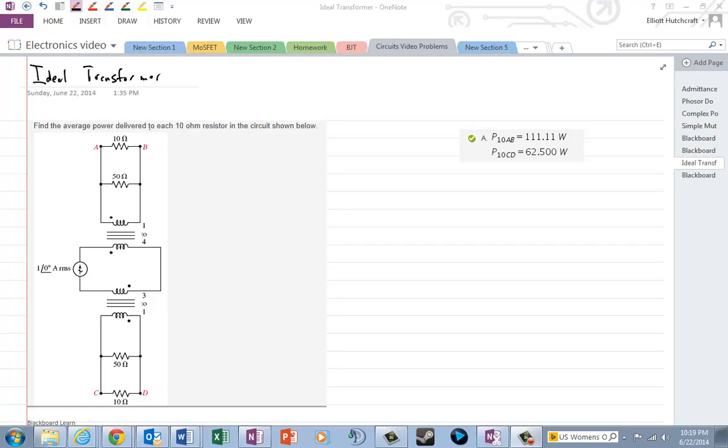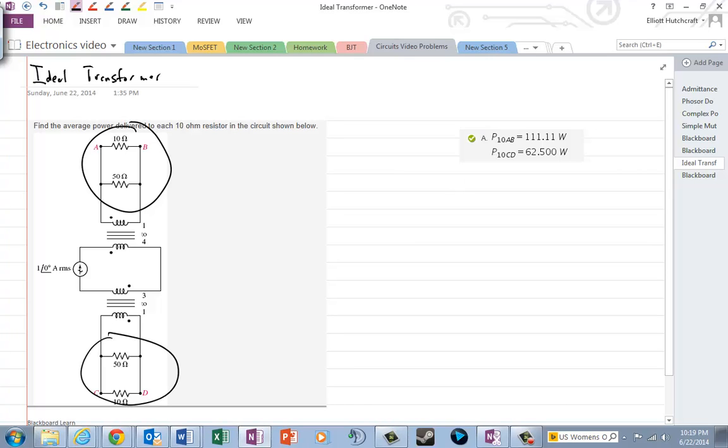Okay, so if we're going to do this, to me this problem is pretty simple at first because I can combine these two resistors in the top in parallel and also in the bottom in parallel. So I would have in both cases 50 in parallel with 10, and so that's going to be 50 times 10 over 50 plus 10. So that's 50 times 10 is 500 over 60,